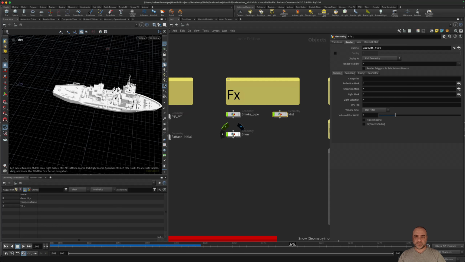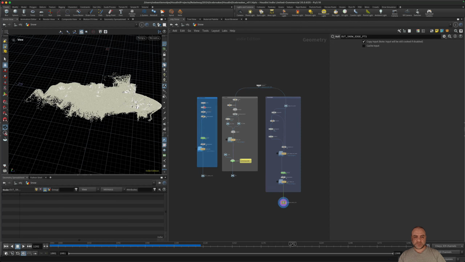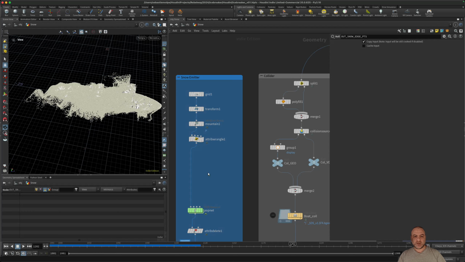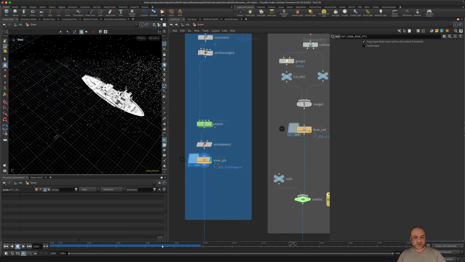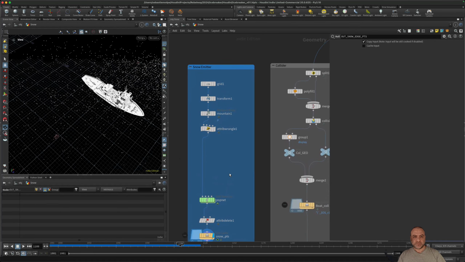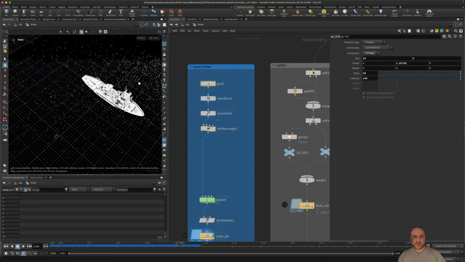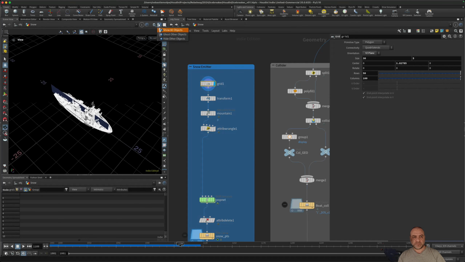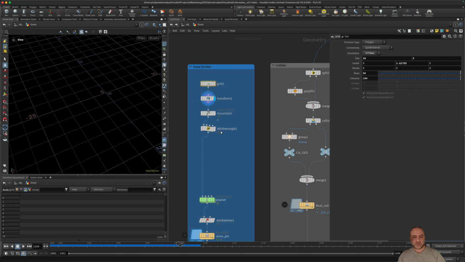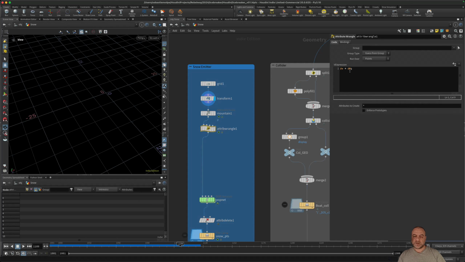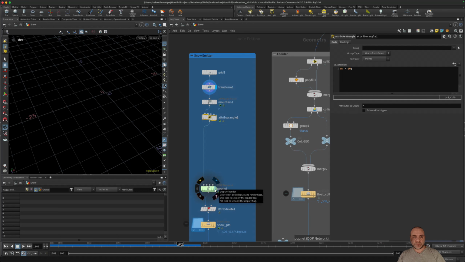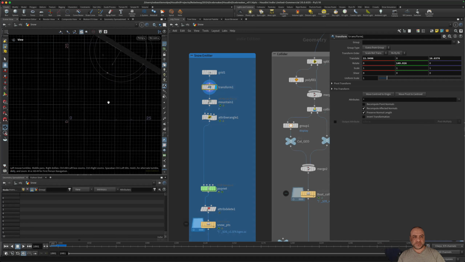Now the snow. In this setup, I use two FX. One is the smoke emitter for the snowfall. At the beginning, I just use a grid. I transform it, add the velocity using the normal direction, and the pop network. And the grid is here.